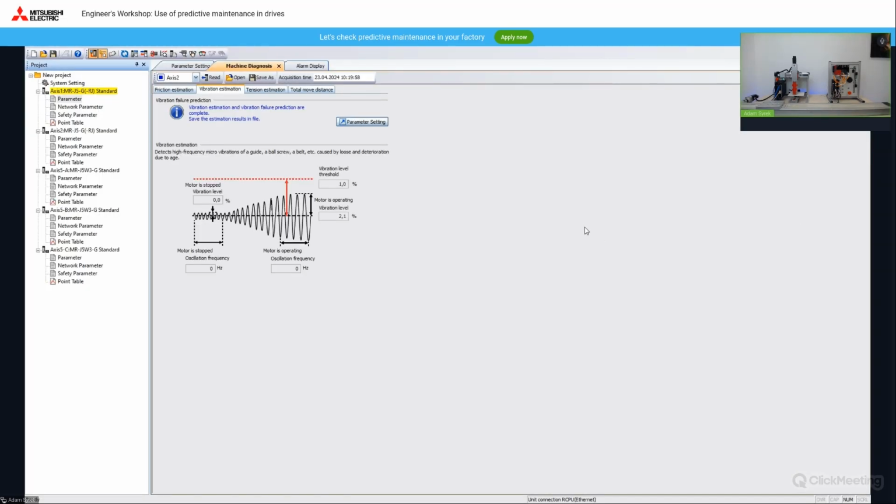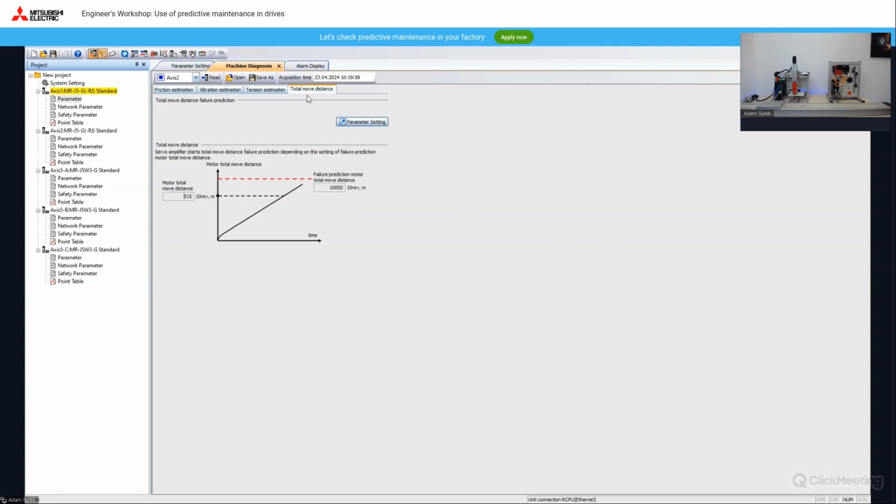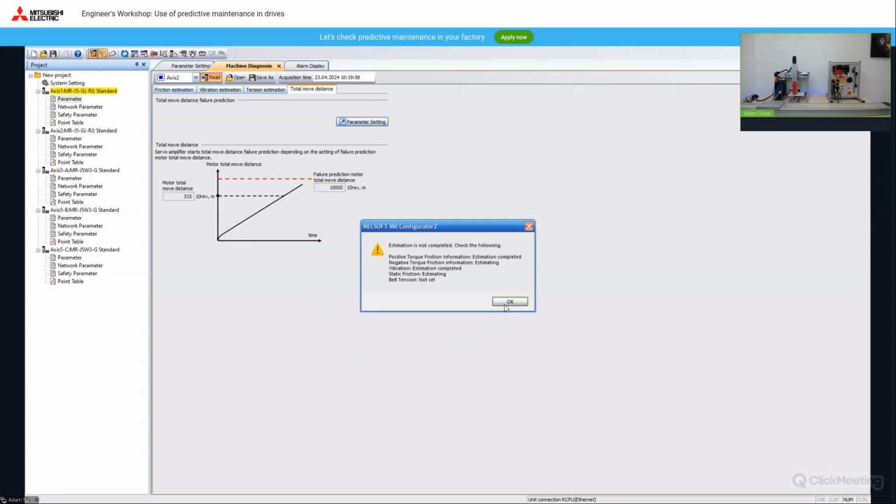So let's start from the beginning. I think the easiest function is the total travel distance function. If we have the axis and we start the axis, we can see that the movement distance is changing. And if this movement amount exceeds the level, it will cause a warning on the axis, and as I see on axis number 2,